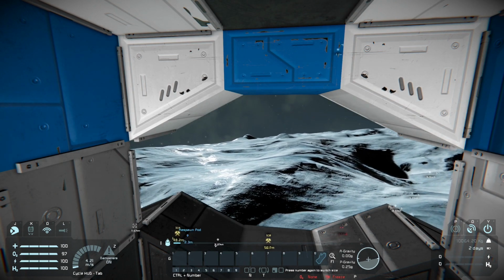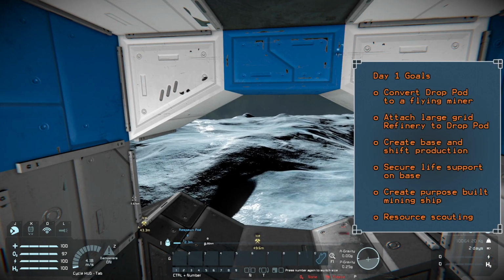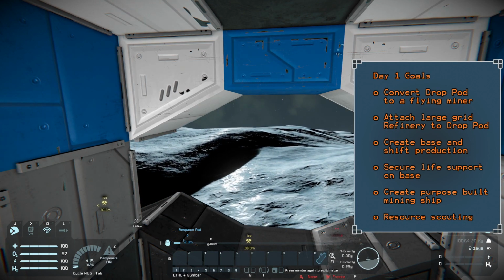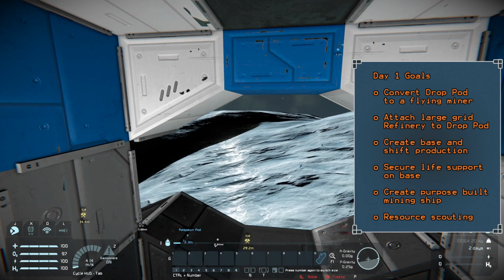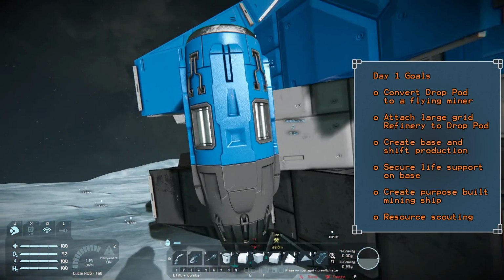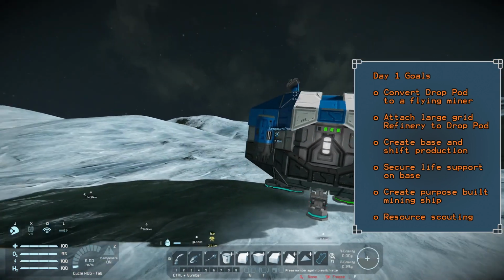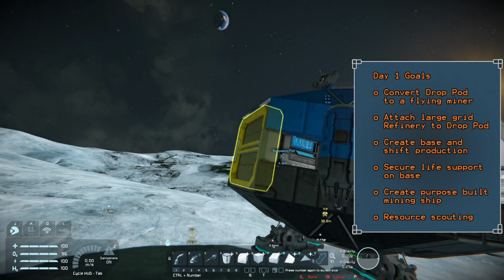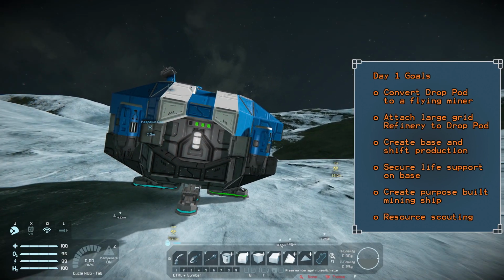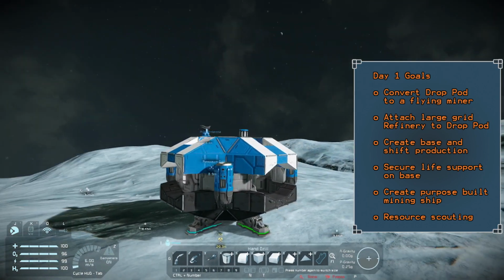So with the Europa start, I do find this one to be a little more difficult. And that's because Europa doesn't have any stone. Stone being the only thing that the survival kit will process. So in order to get a good start on Europa, what you're going to have to do is